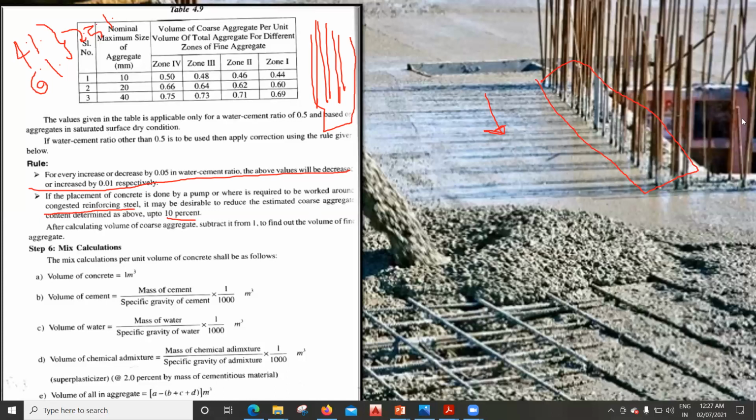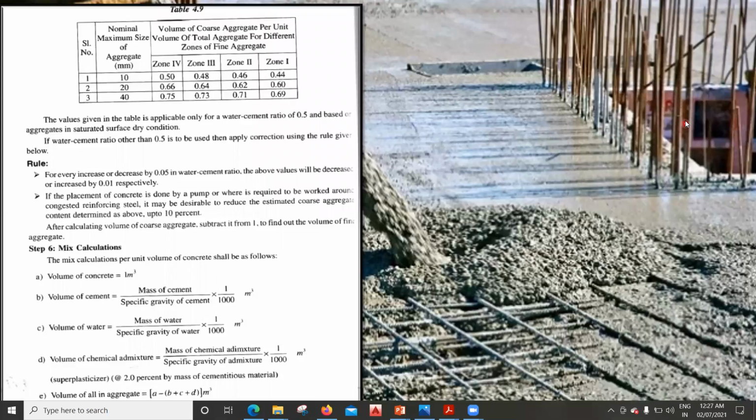If you don't want to do that, you don't have to, no issues. But doing a mix design is not a big issue for me. Once I do this mix design, the people working on the site should also feel happy while pouring the concrete. If there is congestion here, and your concrete is not able to flow, then they have to use a vibrator for a long period of time. Then again the cement paste will come out, there will be honeycombs and all. So whatever you've done on paper has to be implemented. For that, we need to understand what problems the site people will face. Taking those things into consideration, we do all these things keeping safety in mind.